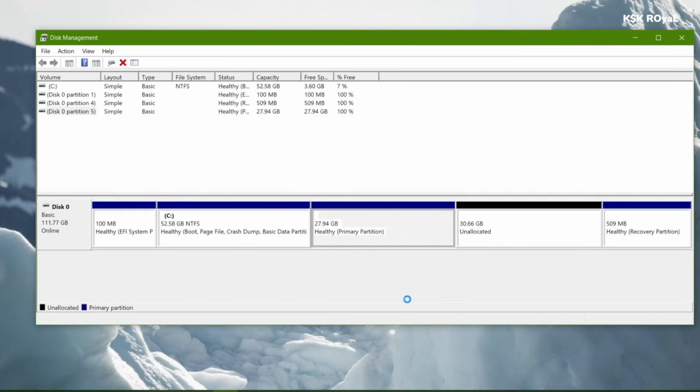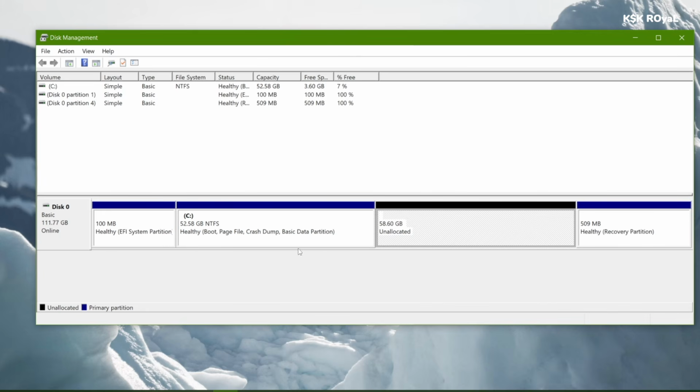Now once it's deleted, you can see unallocated free space. You can use this free space in Windows by using the extend volume option.